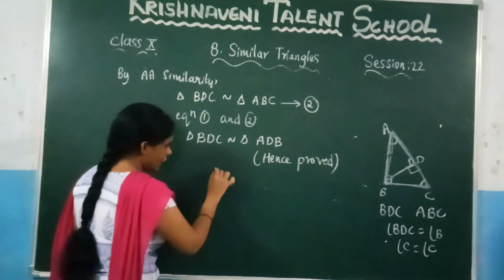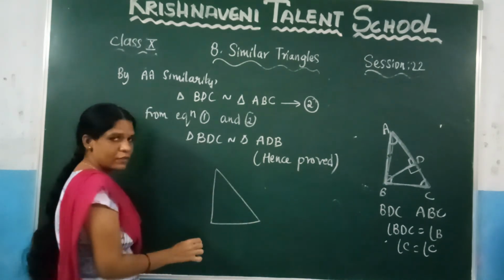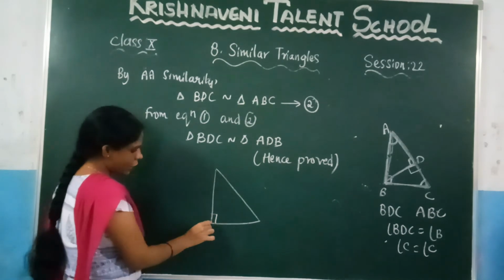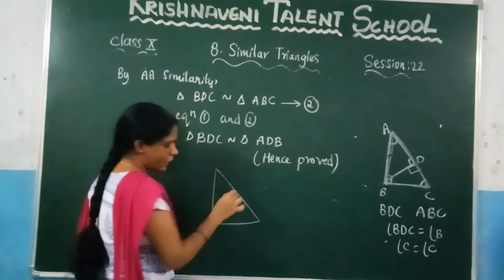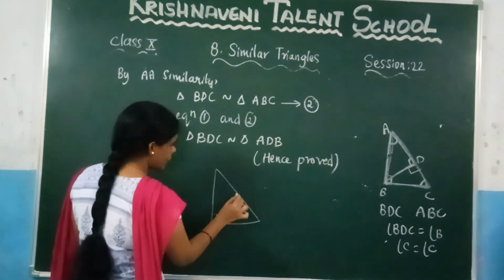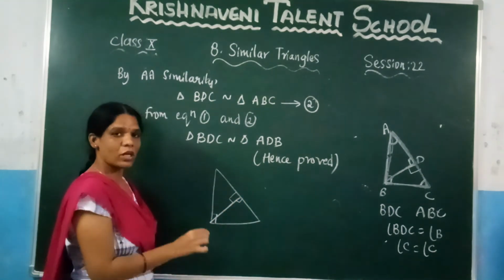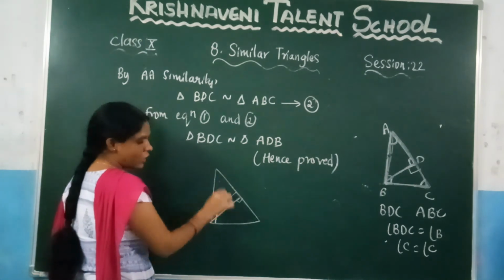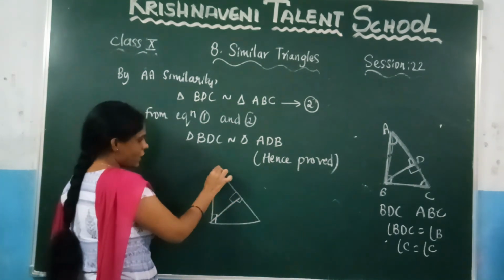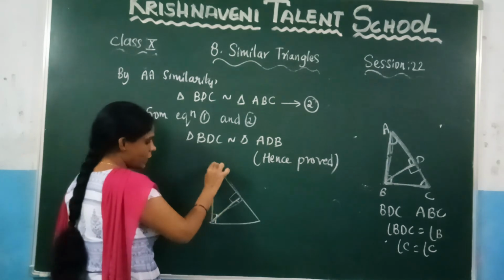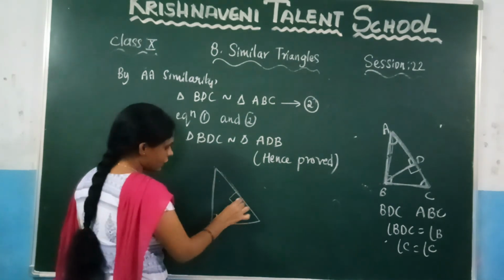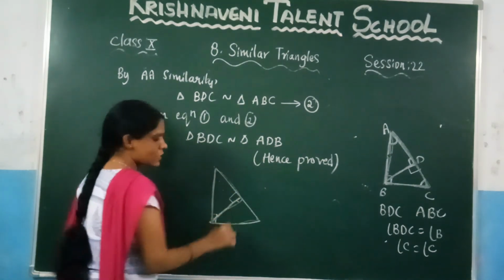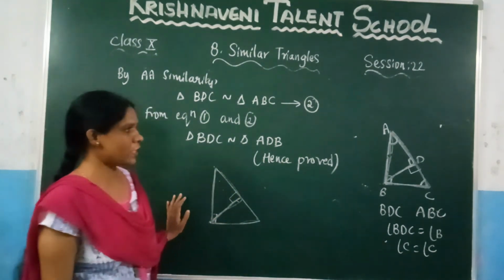So if you consider any right angle triangle, and where is the right angle here? Here. Now at this vertex, you need to draw here the perpendicular line to the hypotenuse. So here the angle is 90 degrees and here the angle is 90 degrees. What they are saying here, this perpendicular based on